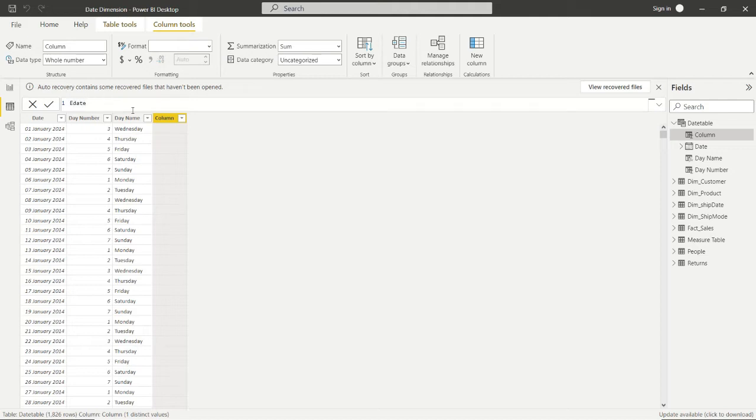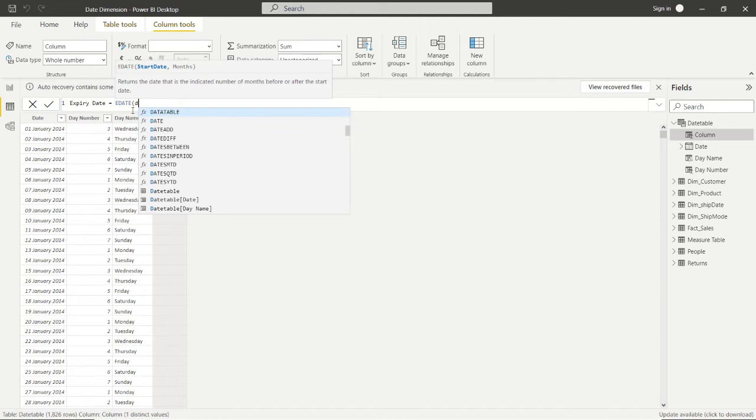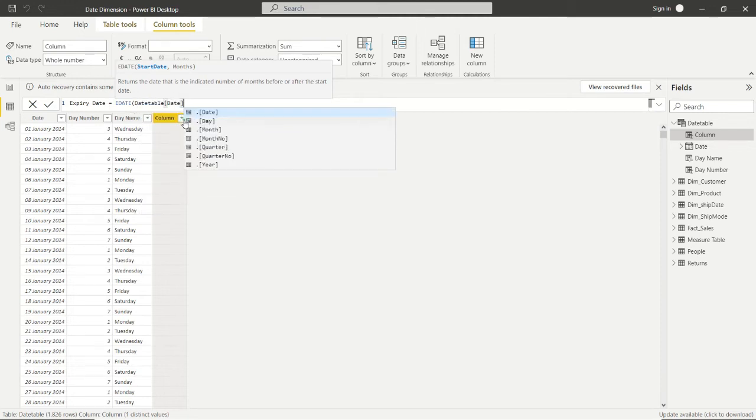EDATE. Expiry date is equal to EDATE, date table, 6 months.